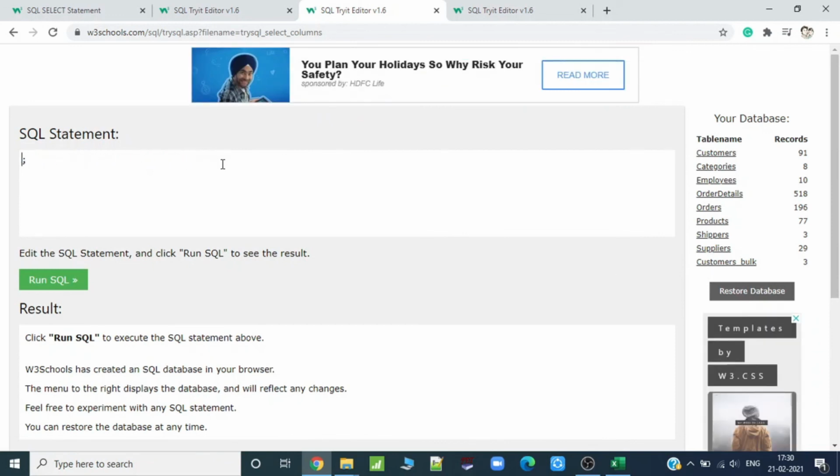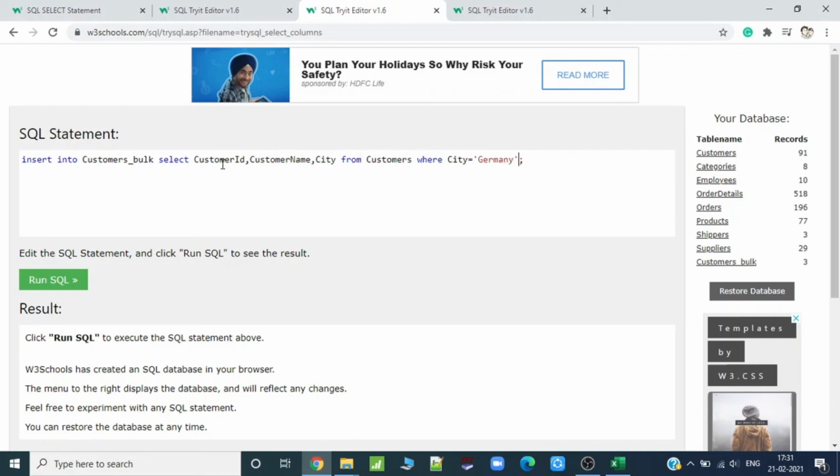So insert into customer bulk, select what I need to select: customer ID, comma, customer name, comma, city from customers where, let's say, city equals Germany.